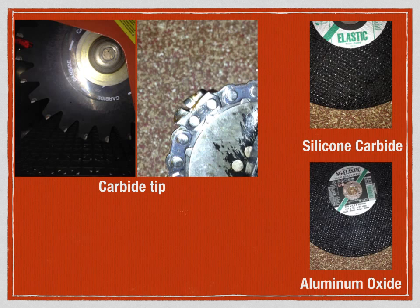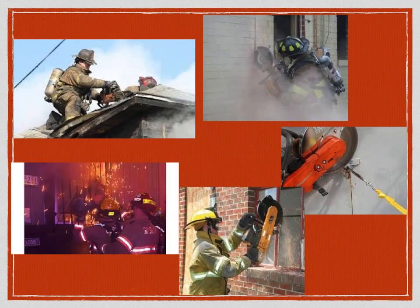and other masonry products. And finally, the aluminum oxide blade, which is also carried on our rotary saws, is used to cut ductile metal such as bars on windows, rebar, and steel I-beams. Based on the Rapid Intervention Company's size up, they must choose the correct saw or saws to be used during